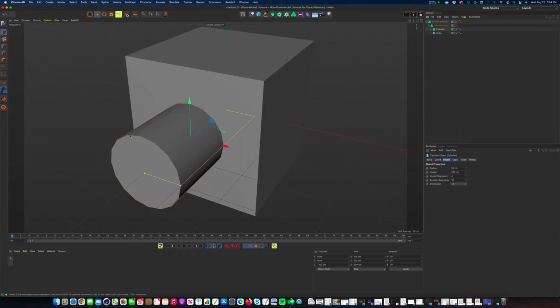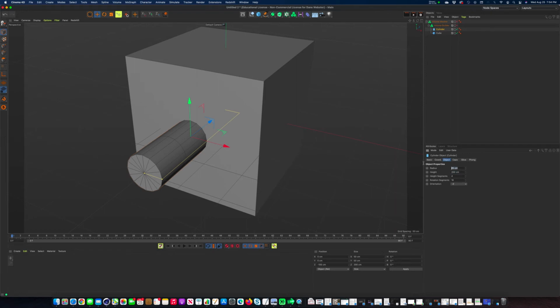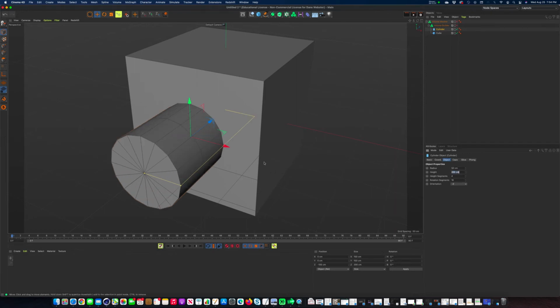How many times, you can see them here, 1, 2, 3, 4. In fact, let's go up and turn the lines on, right? You can see these slices, right? So right now it has 16. So I'm just looking at the object. It has a radius. I left it at 50, right? I could say, hey, let's make it smaller, thinner, right? I'll leave it at 50. And then it also has so many segments along the height, which we really don't need to change in this instance. But the rotation segments,